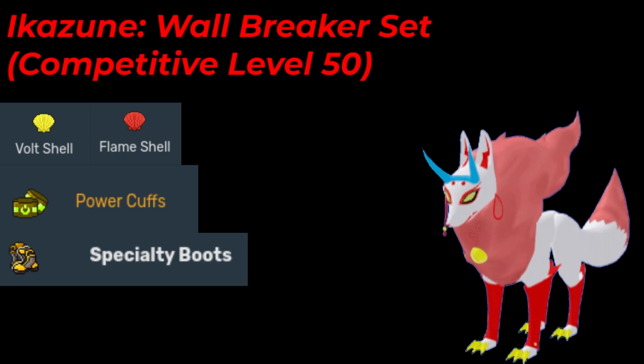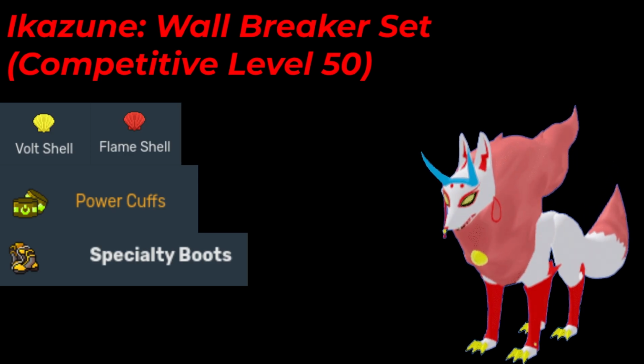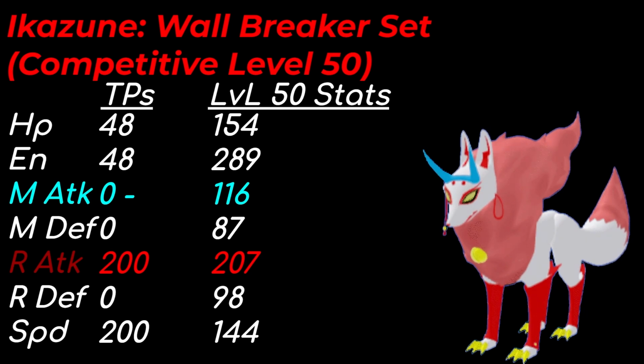Now, do remember that Ikazune with specialty boots is probably worse than Phasenaut with its moves. So yeah, it's not really the best, but of course you can opt to run it, especially in a good UU team. And the HP and energy is so it can use